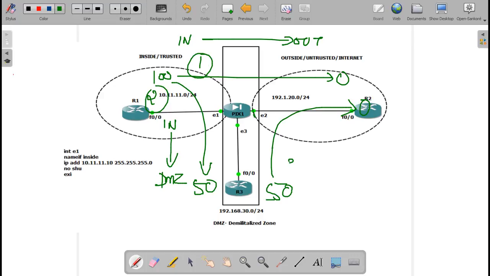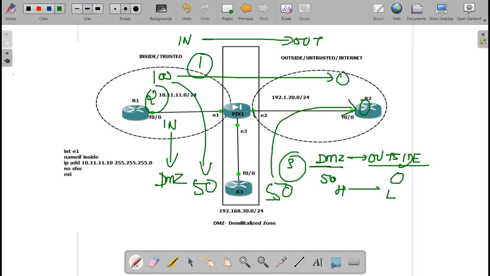And your third traffic flow on this firewall as of now is from DMZ to outside, because DMZ is at a security level of 50 and outside is at a security level of 0. So we have to keep in mind this concept of how to flow our data. Very important.